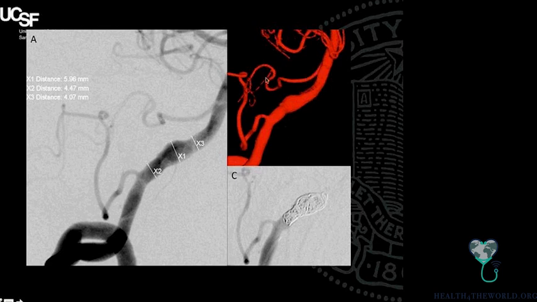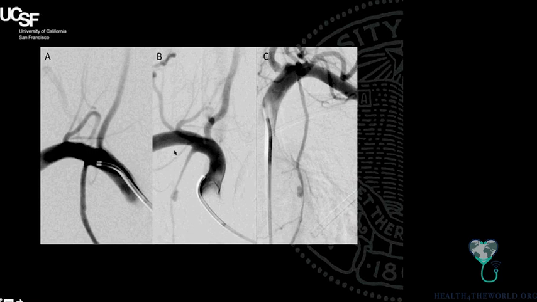And this is the same picture taken from a 3D rotational angiogram. And here is the post-coiling projection. So there are coils deposited within that ruptured segment of vessel, or this is what we would consider a dissecting aneurysm. Interestingly enough, if you're into rare types of disorders, this gentleman, when you looked at his other